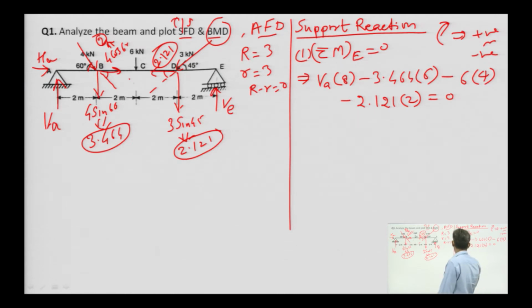Okay. So, prior to solving for the value of VA, once more check the direction of the forces. So, the direction of VA is going in clockwise direction, positive. So, anti-clockwise direction, this one. Okay, all anti-clockwise, no problem. So, how much is that value? VA is